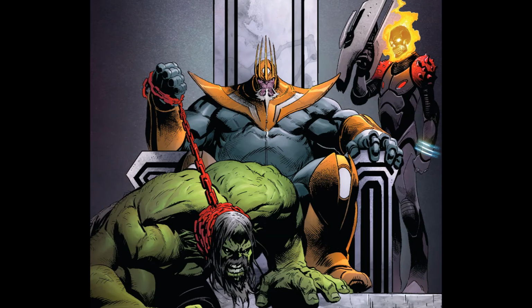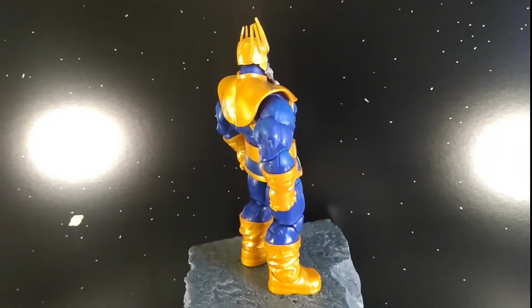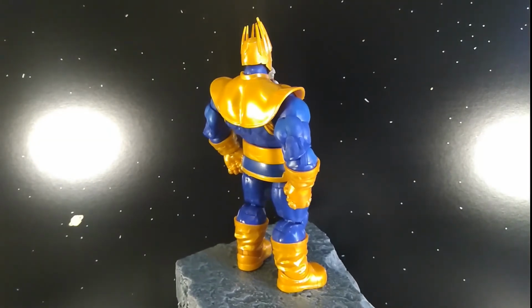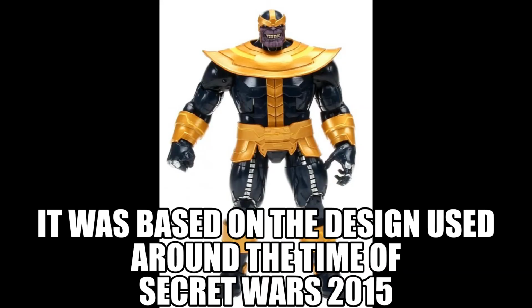Basically a future Thanos where he's killed all the other life in the universe except for Cosmic Ghost Rider and the Hulk as a pet. This is the head for that. Realistically, this head should go on the previously released versions of Thanos in Marvel Legends, the Build-A-Figure version of him,